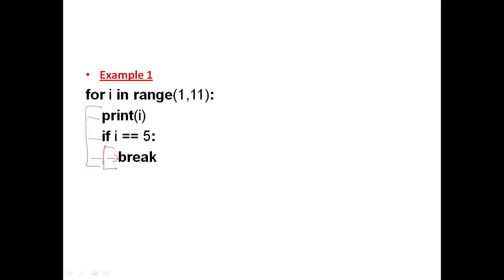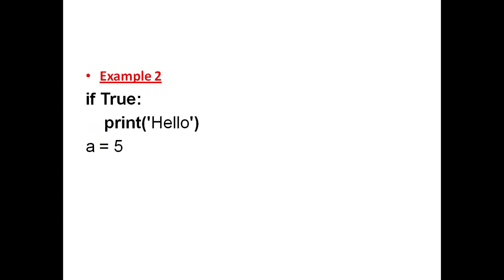So in Python, to represent a block of code we use the indentation. This 4 white space character is known as indentation. You have to provide the proper indentation and uniform indentation to represent a block of code. So let's take another example. Can you guess whether this variable a is inside this if statement or not?